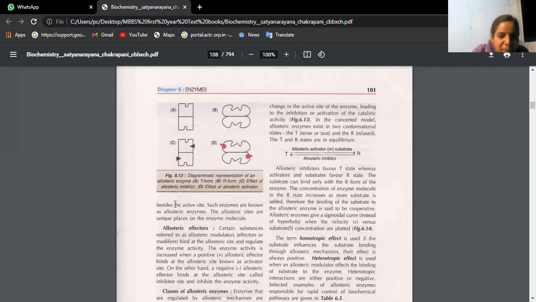Here, the effect of an allosteric inhibitor is that if it comes and binds to the enzyme, it will further increase the tautness of the enzyme. It will not allow the enzyme to act on the substrate. Whereas with an allosteric activator, this is the relaxed form of the enzyme, and the activator comes and binds in such a way that it promotes enzyme functioning. So the allosteric activator comes and binds, then the substrate comes and binds here, and you will see